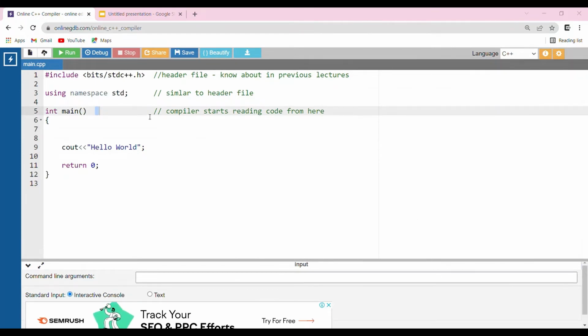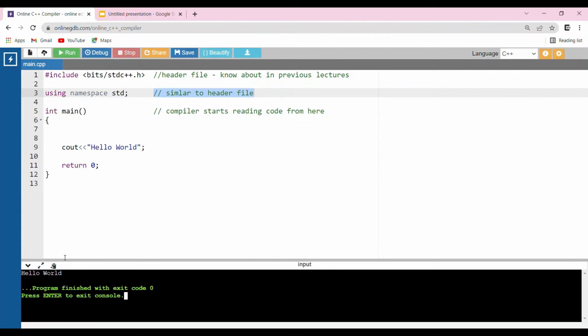See guys, here in the first line you can see I used 2 slashes and wrote something. Also in the second line I used 2 slashes and wrote something. It means whenever we write 2 slashes and something after those 2 slashes, this will be excluded by the compiler. The compiler won't read these statements. This statement won't be read by the compiler. This statement also won't be read by the compiler. Okay, let's run this.